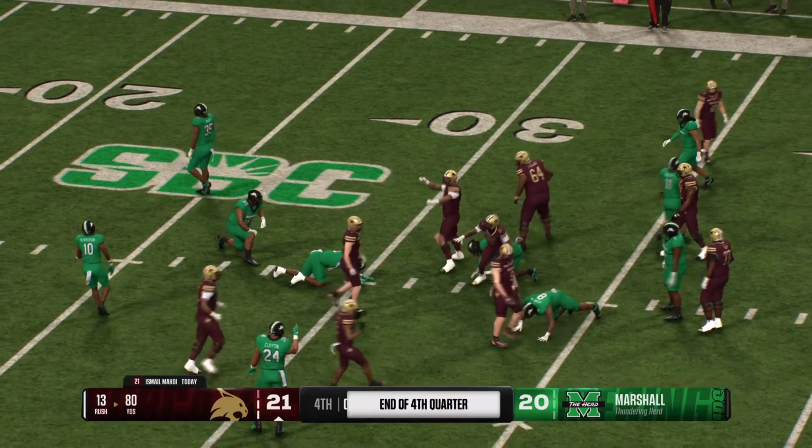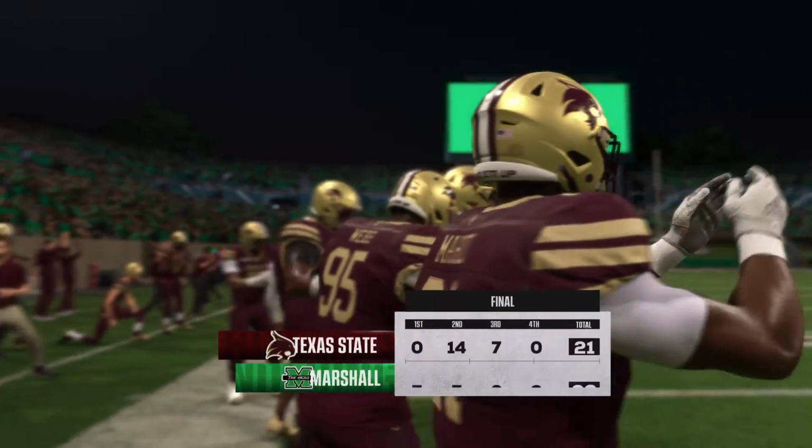And that is how we will wrap this one up. Tonight's